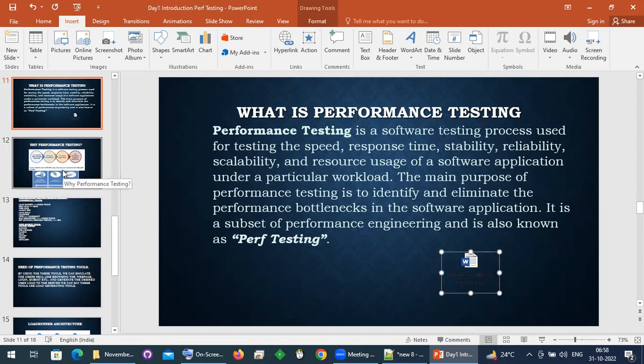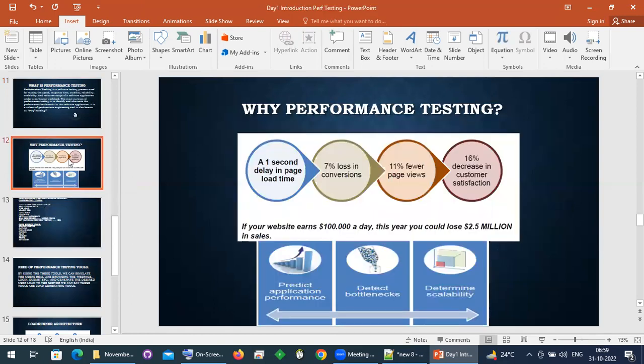By using performance test, we need to identify, okay, this application only supports 100 users. If 150 users log in or click on the application, again the application will break down, or CPU issues or memory issues will happen. Okay, and